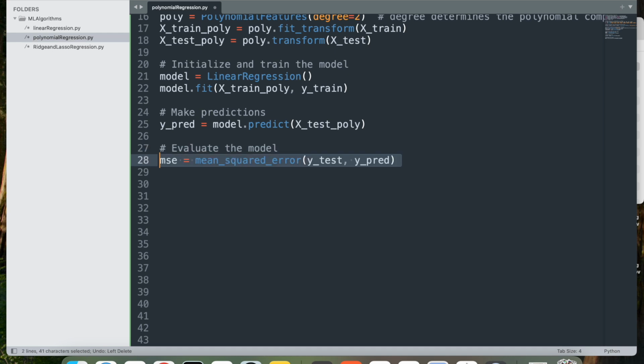So first, we'll do MSE, mean_squared_error(y_test, y_pred). This calculates the mean squared error between the actual values y_test and the predicted values y_pred. MSE provides a measure of the model's accuracy with lower values indicating a better fit. Next, let's print the mean squared error. This prints the calculated MSE to evaluate how well the model performs on the test data. And this prints the predicted salary values for each test sample, allowing us to compare them against the actual y_test